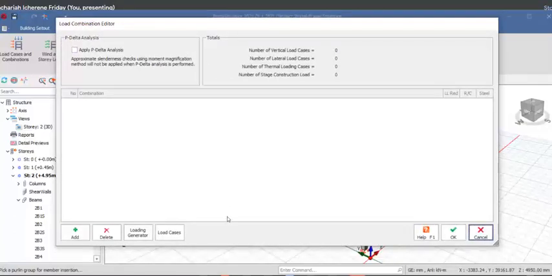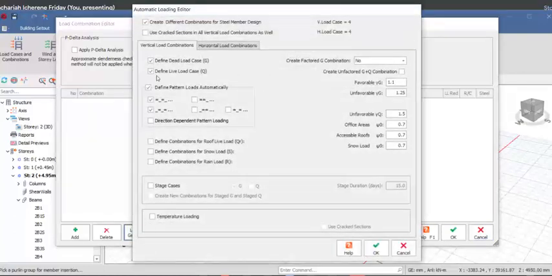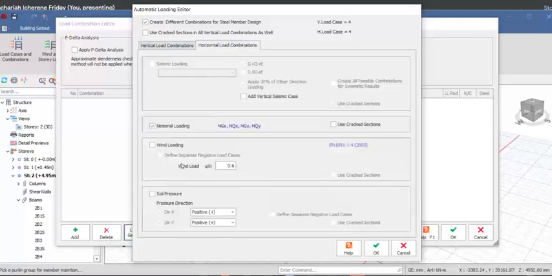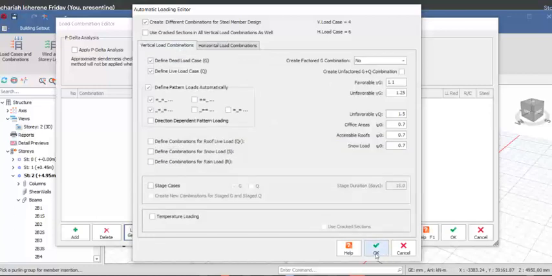So what you need to do is come to loading generator, click right there. So you have the vertical load combination and the horizontal load, which is for the wind aspect of it. Actually, the structure is not that high, but if the structure is high, you can come to these provisions and activate the wind loading. Alright, so let's assume we are applying wind loading to this structure. So we apply the wind loading right there and then click on the OK option